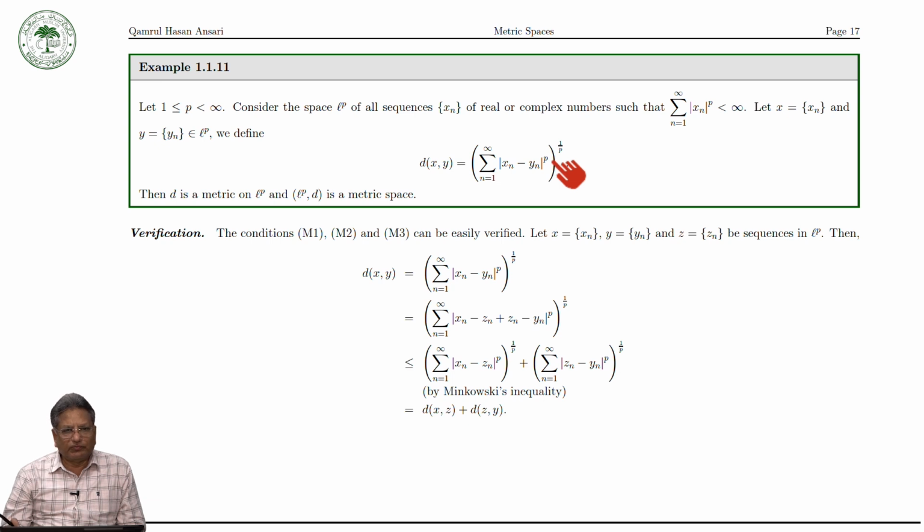To verify that this d is a metric on Lp space, we can easily see that the conditions M1, M2, M3 are satisfied. So we can easily verify